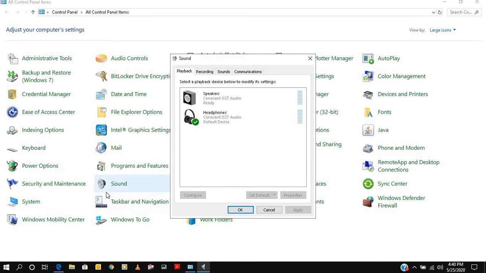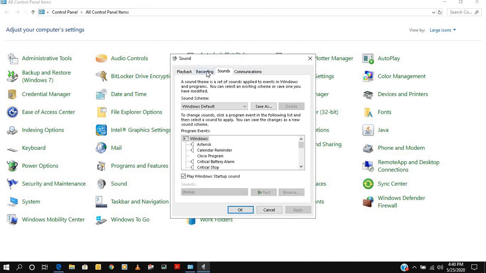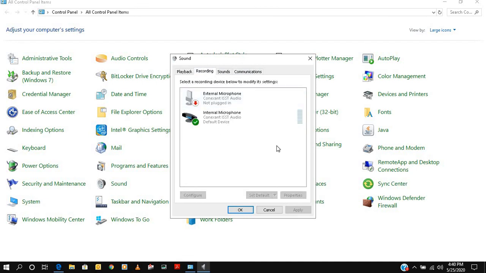Whatever sound you are getting, like audio, video, YouTube, or if you are speaking to someone, then your mic or headphones, it works by default. But you should know where to check. If you have put your microphone into the system and it is not working, it may be muted from somewhere, so you can check the settings in Sound.